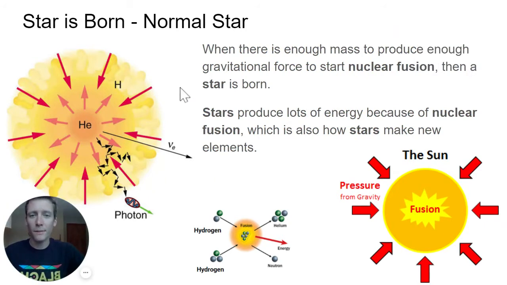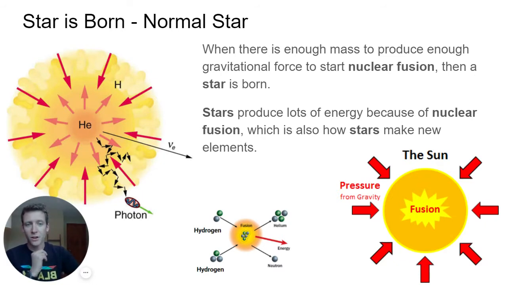A star is born. When an average star gets massive enough that the force pulling in on itself, that gravity, is strong enough to create nuclear fusion, which we'll talk about in 1 second, that's when we call it a star. This process of nuclear fusion creates a ton of energy. And this is why our sun, the star we all know, feels so hot to us and is so bright. Because in the core of this star, the sun, nuclear fusion is occurring. And it's giving off a lot of energy.